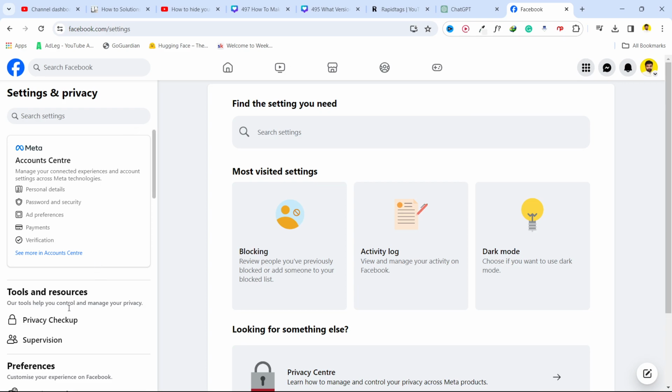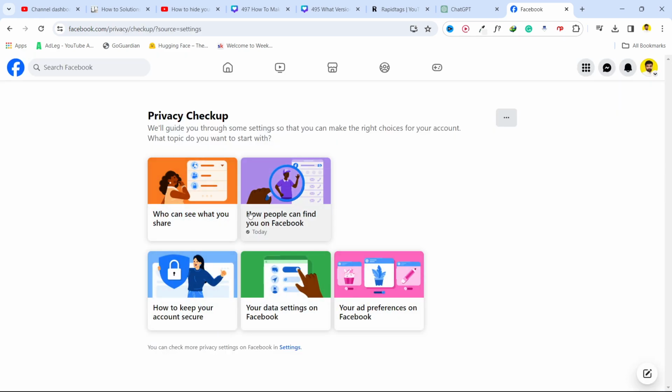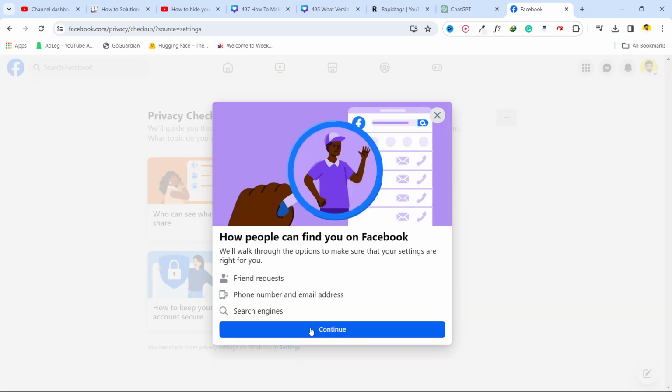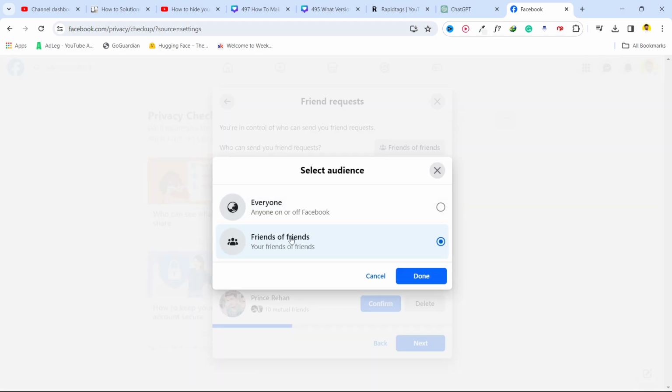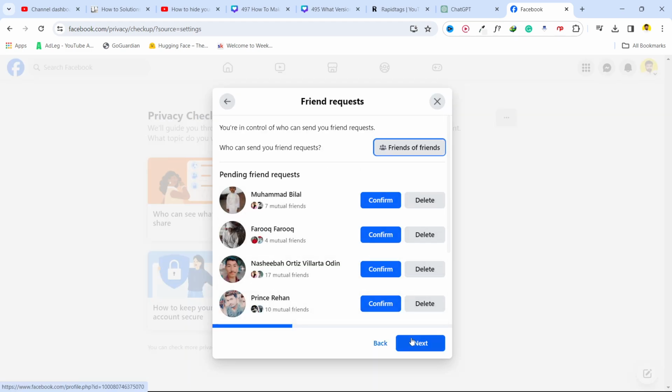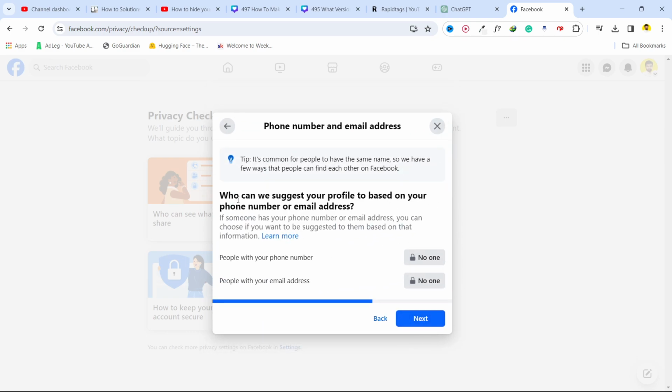Once you are in settings, you simply need to click on Privacy Checkup. Here you need to click on how people can find you on Facebook. Click on Continue. Here you simply need to select Friends of Friends. Click on Next. Here you can see who can we suggest your profile to based on your phone number